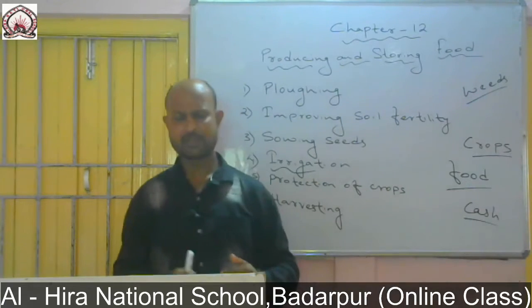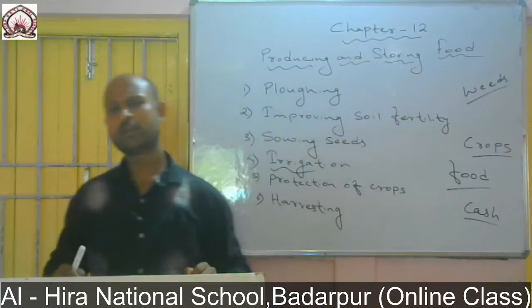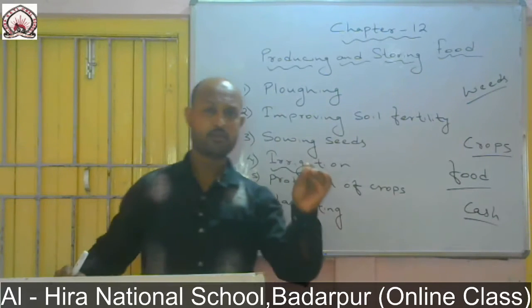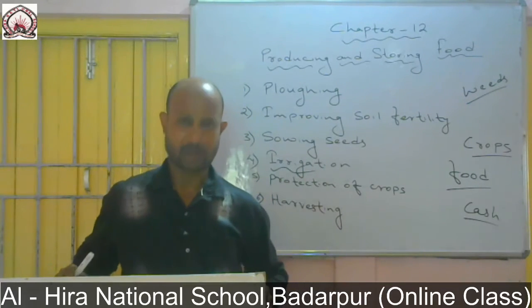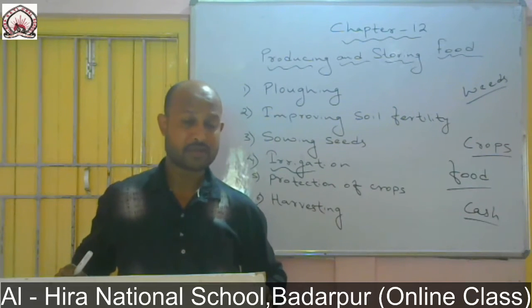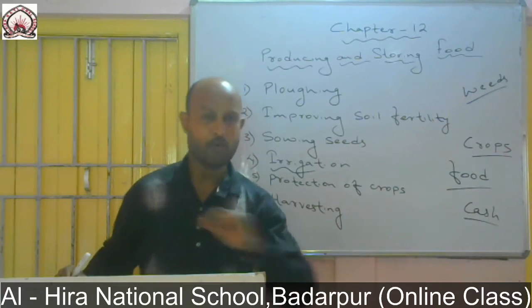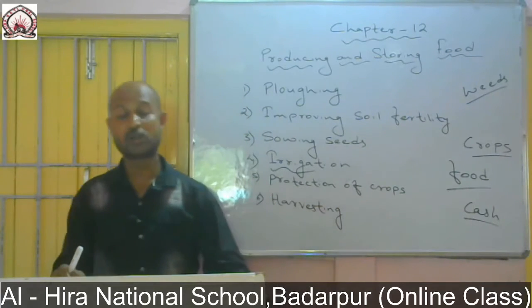So when these unwanted plants happen to grow along with the crop plants, it leads to a shortage of nutrients for the plant. As a result, the crop plant doesn't get sufficient nutrients and is not able to grow well. So what we need to do is remove these unwanted plants, which are called weeds,